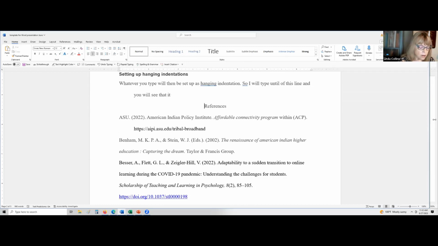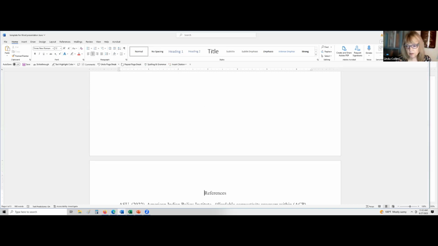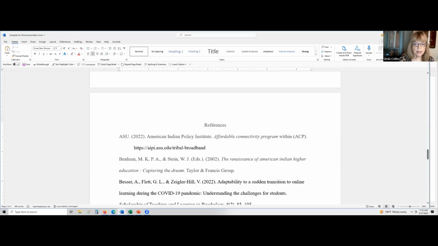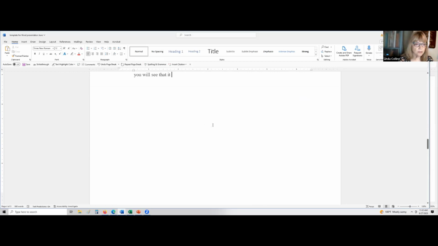I'm going to hold down on the control key and press the enter key one time, and it takes you to a brand new page. And it will be there forever until you say no. What that means is if you add to the references, it's fine. If you add to this previous page, that's fine too, but it will not join onto this references page unless you get rid of